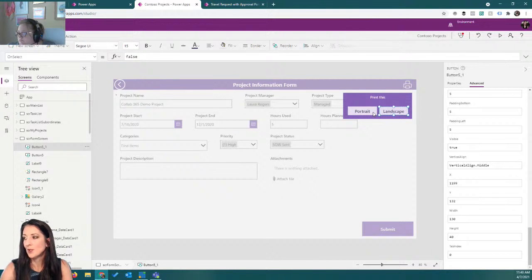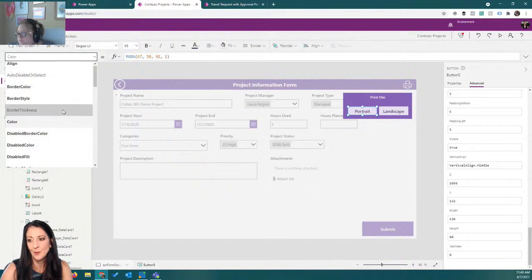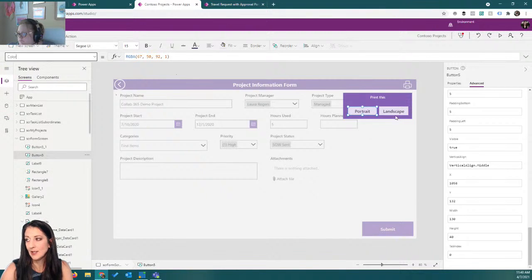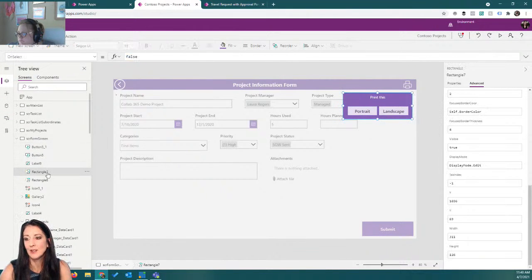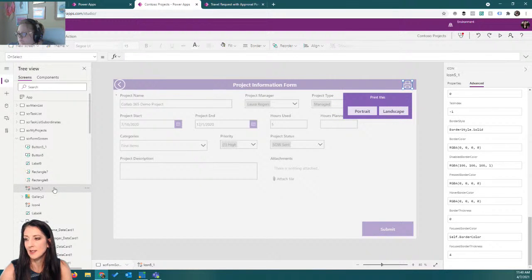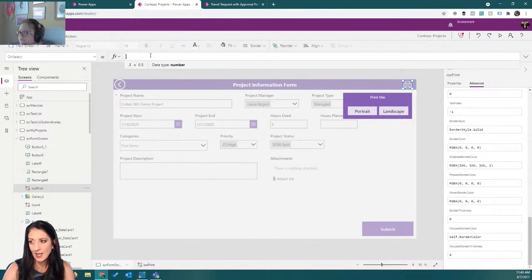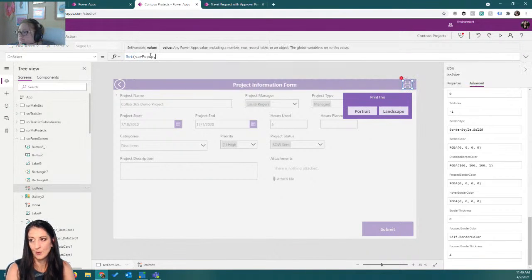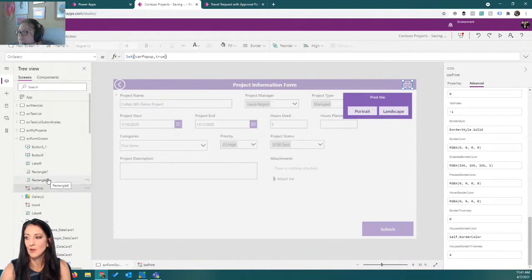And then when someone clicks either one of these, the portrait one is going to take them to... first of all, they have to click the print button, and the print button is going to pop this up. So the print button itself is this icon. I didn't rename it, so I'll call it ICO print. The print button, when they click it, is going to set their pop-up to true. So that's going to make the pop-up show, and then all of these,